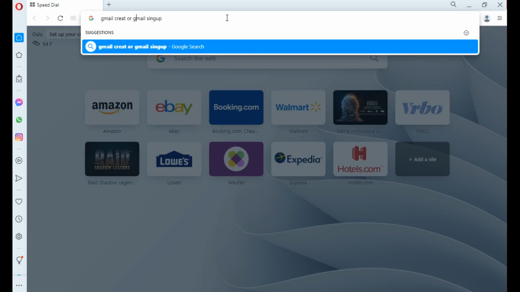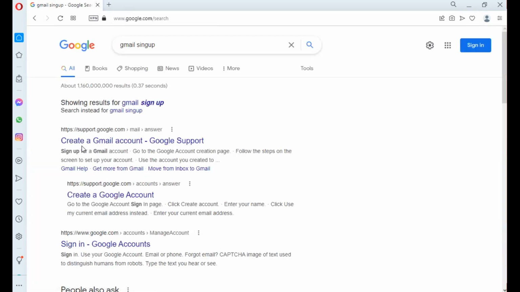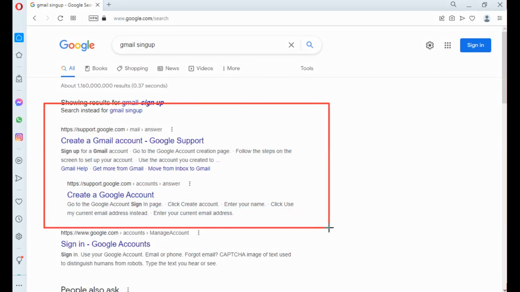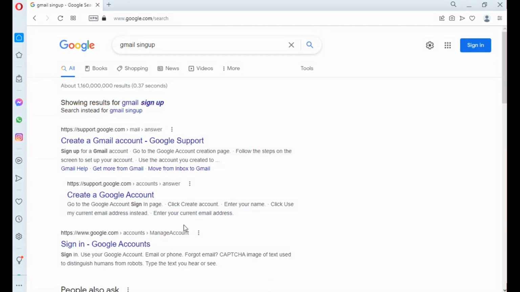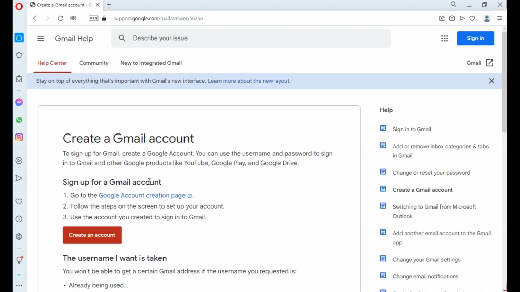Okay, now we open the first web result, this one. Sign up for a Google Gmail account. Go to the Google account creation page. Follow the steps on screen to set up your Google account. Use the account you created. Okay, create a Gmail account.